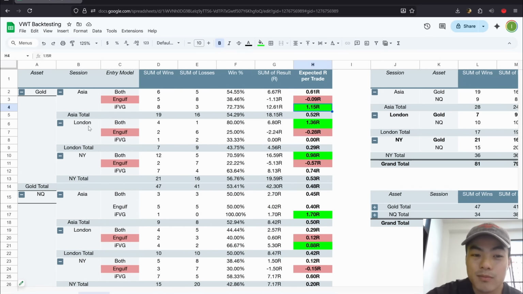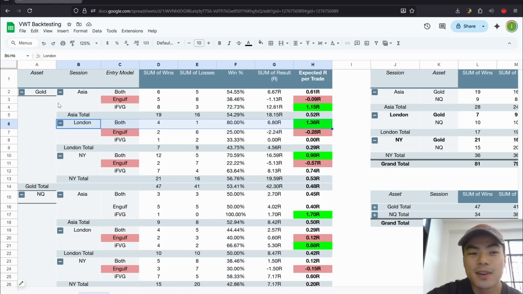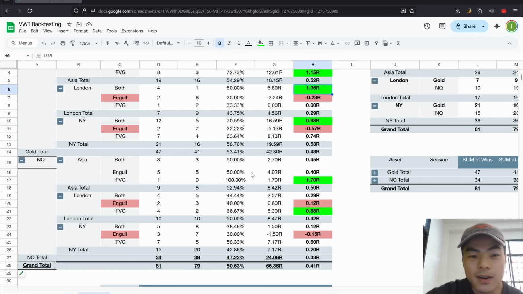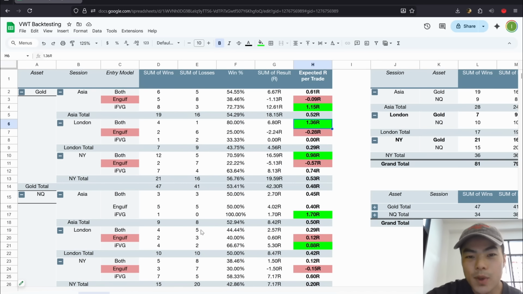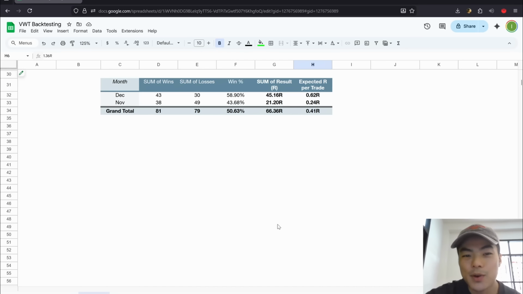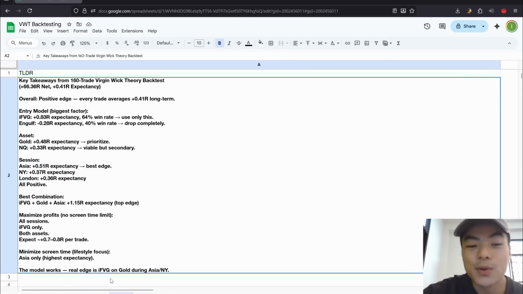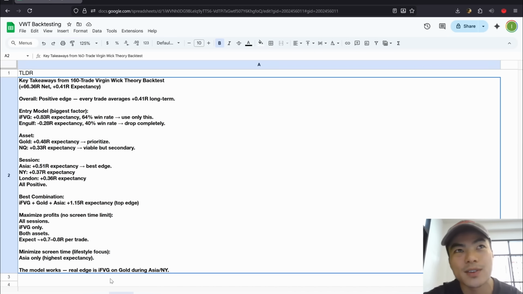Or gold. Oh, this one was high, but low sample size. Gold, London with inverse fair value gap and engulfing candle was very high. But yeah, that's a lot to go through. But in short, I think we have a decent enough sample size to say that model is definitely profitable, just